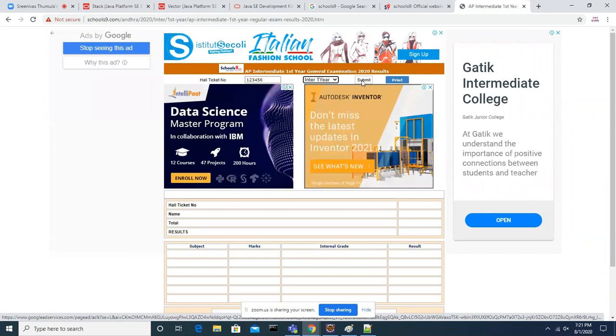Lakhs of people will try at the same time to access the result. Am I correct? Now, when I'm clicking, at the same time another person might also try to access it.